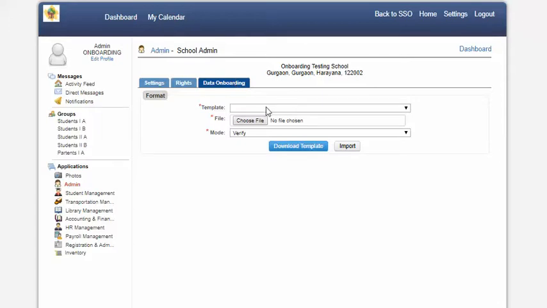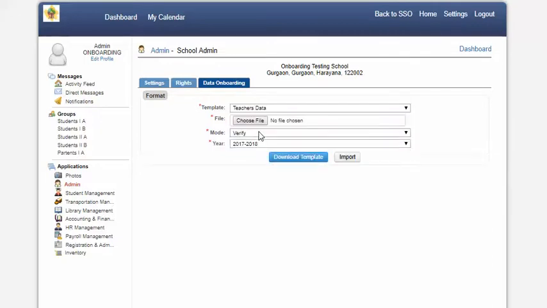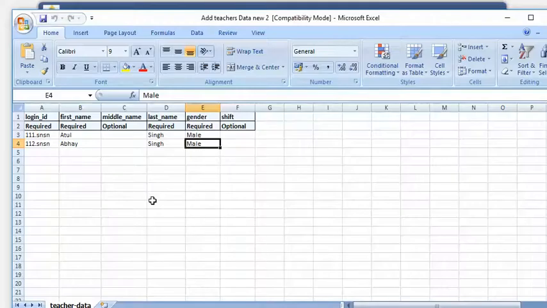To onboard the data of the teachers, we need to select template as Teachers Data and select mode as Verify. Select year as 2017-18, or the year for which you want to onboard the data. After adding all the details, the user needs to select the Download Template button. By clicking on the Download Template button, the user will be able to see an Excel template where he needs to enter